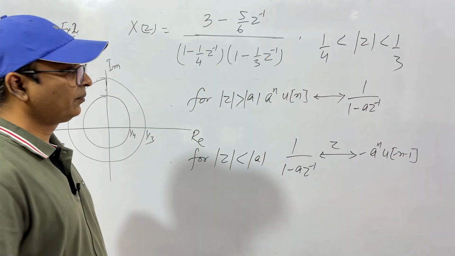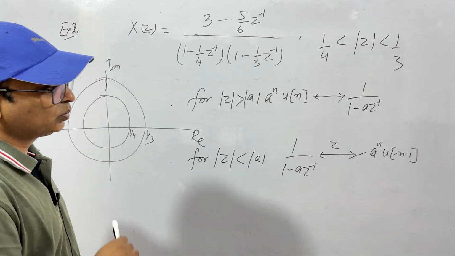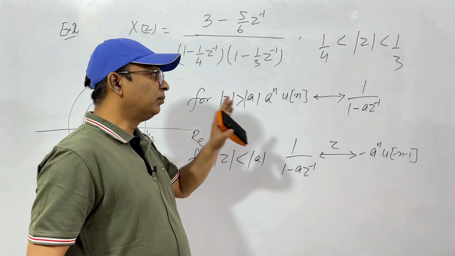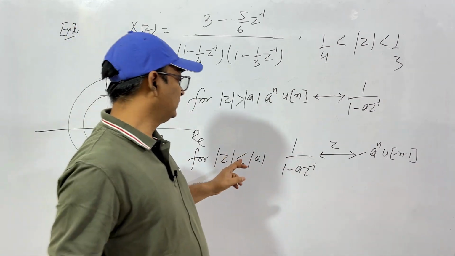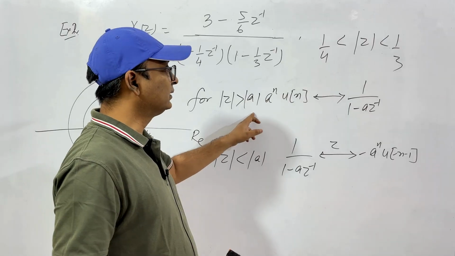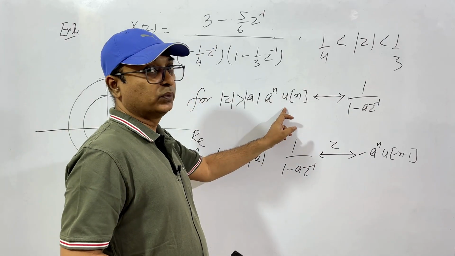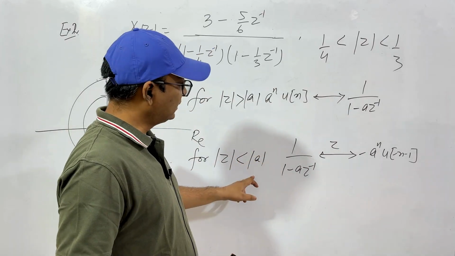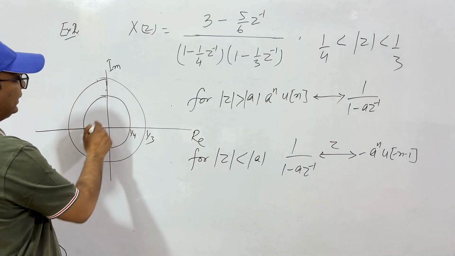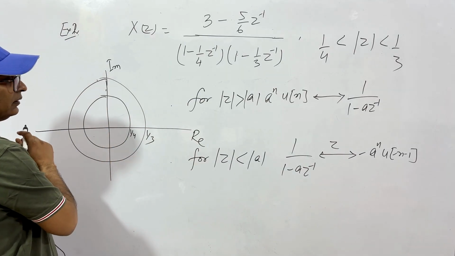This we have seen. If you don't remember, you can go to my last video and see the second example. But try to remember that when the region of convergence is greater than a, this gives this sequence. But when it is less than this, that is, if it is inside this,